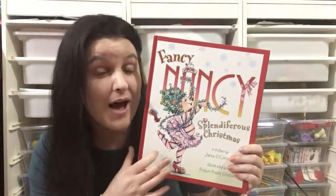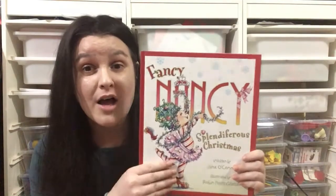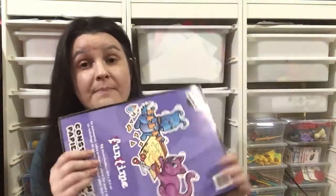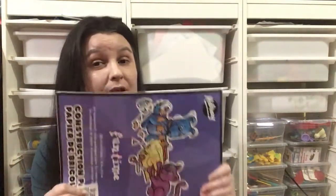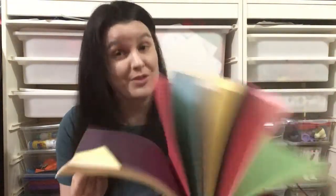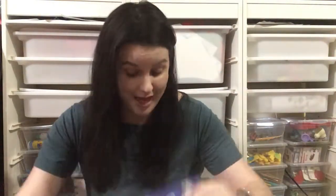But I'm excited to have this in our Christmas collection because why not? And then because it was there, this was $1.99, so the same price that I would pay at Walmart or the dollar store, maybe a little bit cheaper, but I still thought that it was a good price, and it was a brand new construction paper, and you can't go wrong with crafty kids with construction paper. So I went ahead and picked that up,